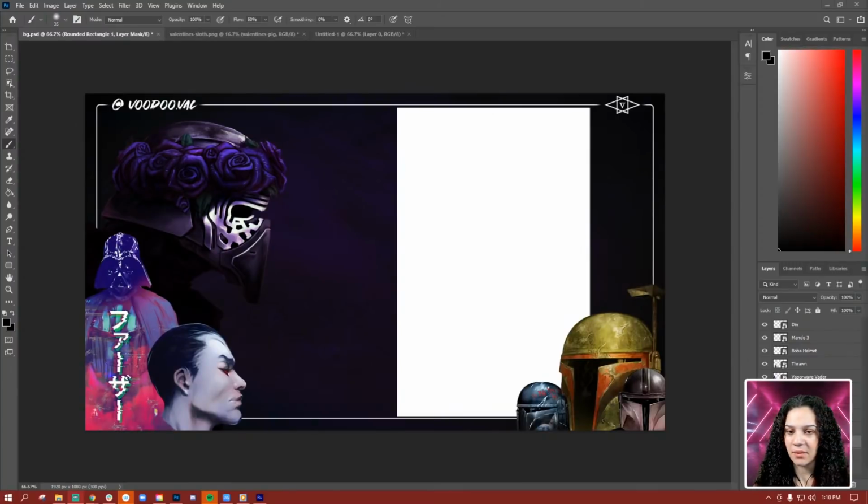We're still going to add some animations and things to the video itself, but right now what I'm going to do is start breaking this apart layer by layer and save it as images that I can throw into the actual Rush scene. So I'm going to grab the Din Djarin helmet, the Mando 3, and the Boba helmet. I'm going to group these, and I'm going to call these